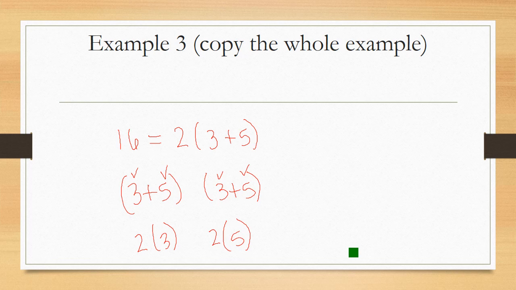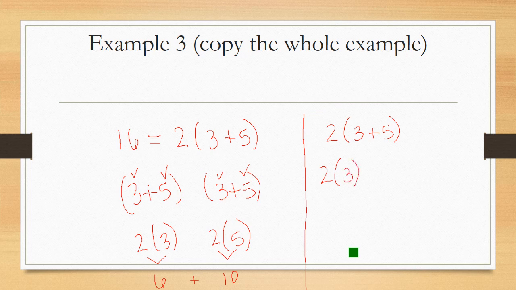And if I do 2 times 3, which is 6, and 2 times 5, which is 10, 6 plus 10 is 16. So once I have my value as the distributive property, it's true, and I can rewrite it as 2 of this plus 2 of this, and it's equivalent